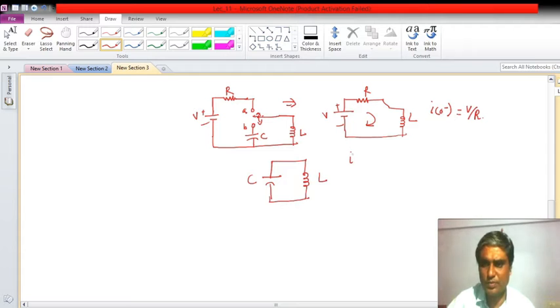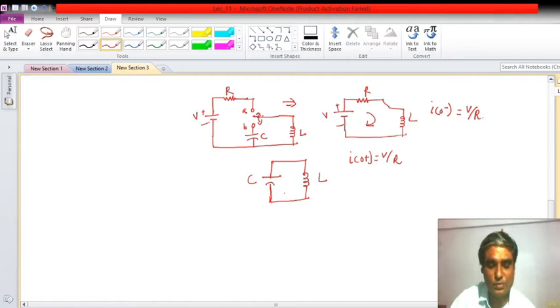So what will be I of 0 positive? It will be the same as V by R, because initially, when it happens like this, C will act as a short circuit. Now when the switch moves from point A to B, the inductor is fully charged, right? And initially the capacitor becomes short circuited. So the magnetic energy or magnetic flux starts decaying, and current will flow through the capacitor, and once the capacitor is fully charged, the current stops flowing, right? When the voltage between L and C is the same, the current stops flowing through C, right?